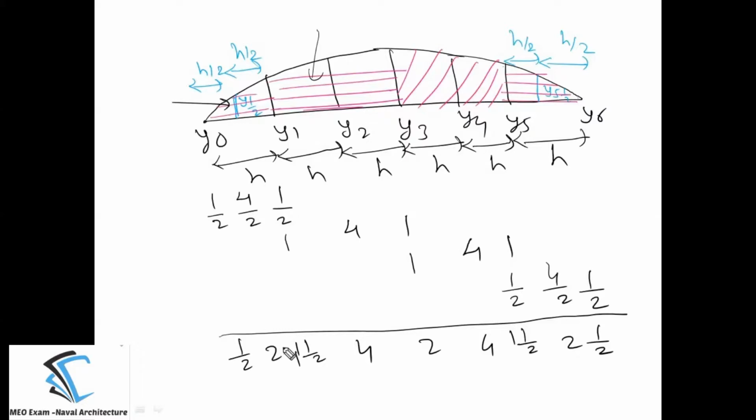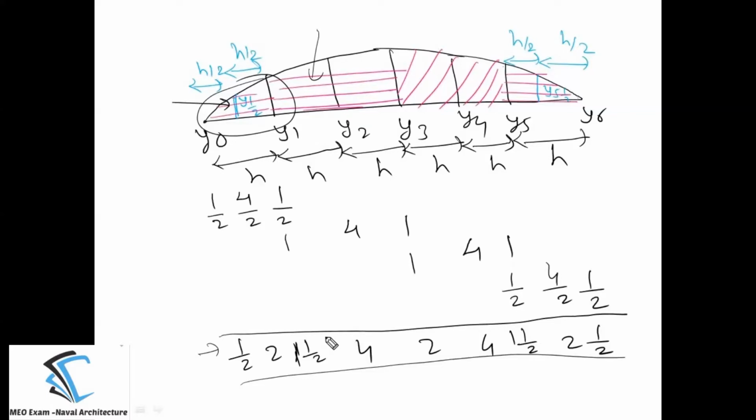So like this you can write the Simpson's multiplier if you have more than 3 ordinates and at the same time if you have half intervals. There might be chances that you may get a question where you have 1/4 intervals. Now in this case you have seen that there are only half intervals. There might be chances that you may have a 1/4 interval. At that time you have to divide the Simpson's multipliers by 4. So like this you can do the calculation for the Simpson's multiplier.